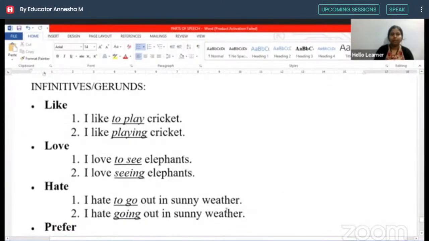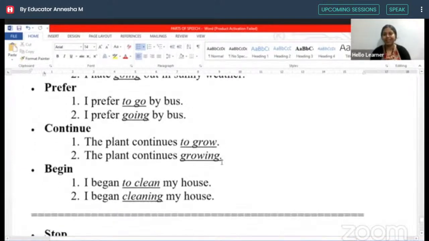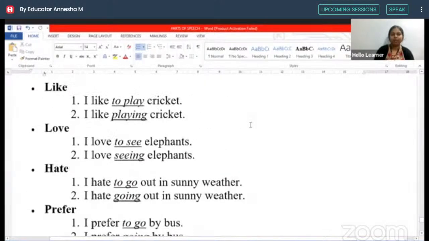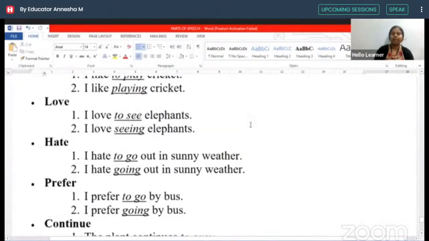यहाँ पर देखिए कुछ verbs यहाँ पर दिए गए हैं जो हमने अभी अभी discuss किए हैं. The verbs are like, love, hate, prefer and begin. Karthik was actually asking about begin. And ये पांचों जो verbs हैं, they can take either gerunds or infinitives and they will have the same meaning,